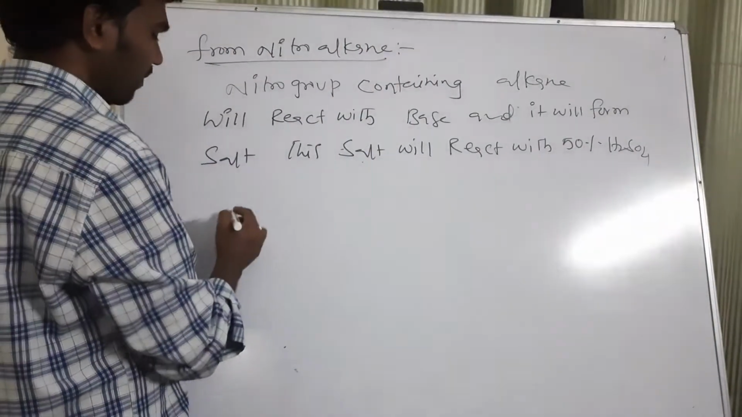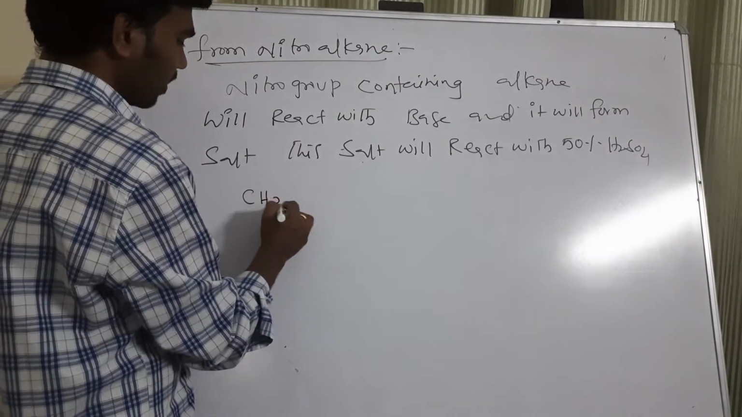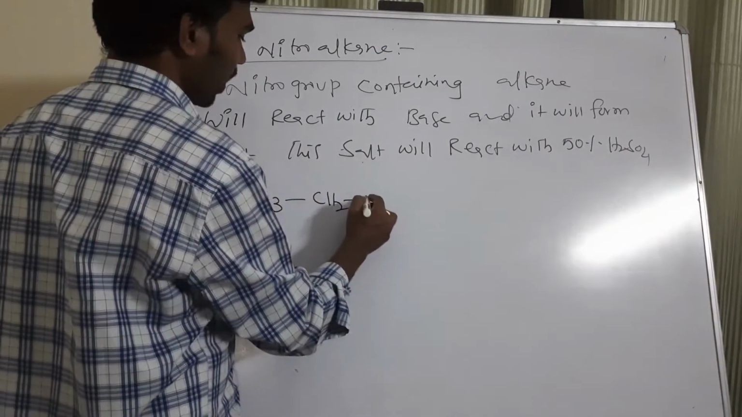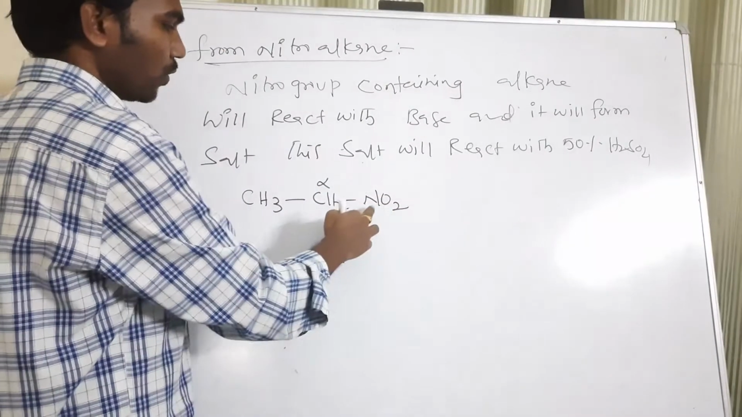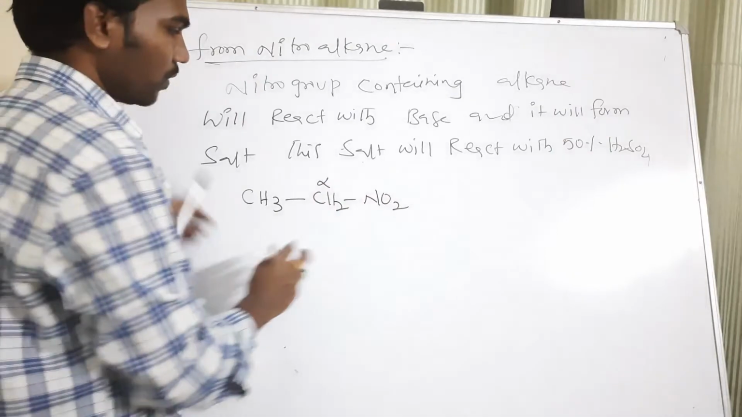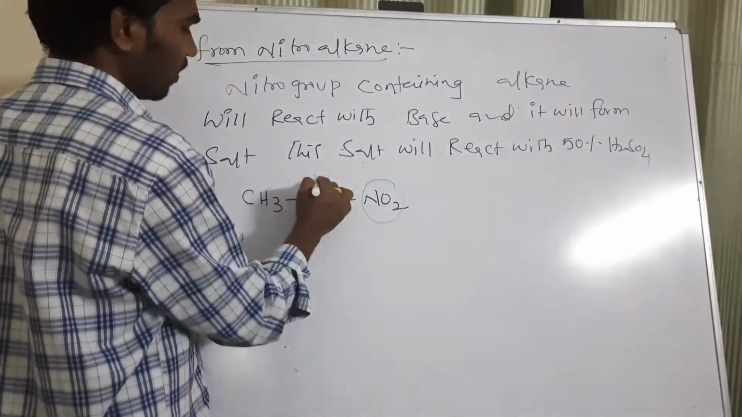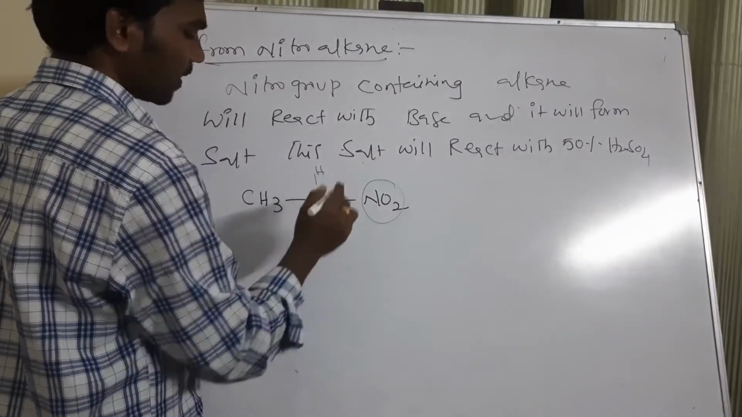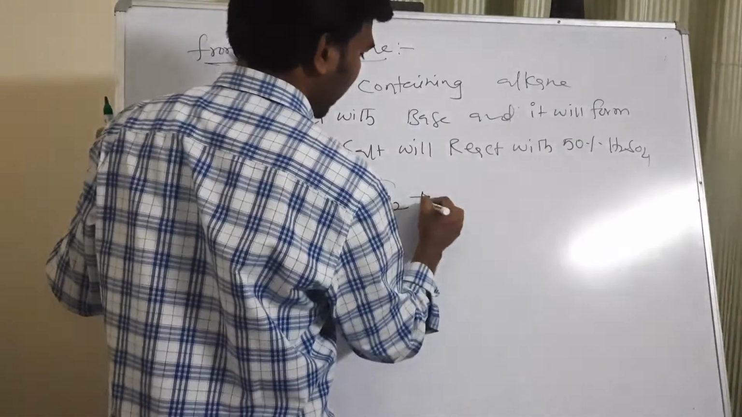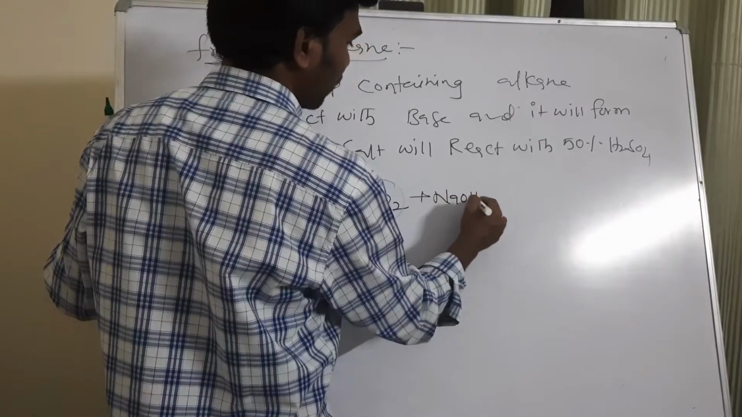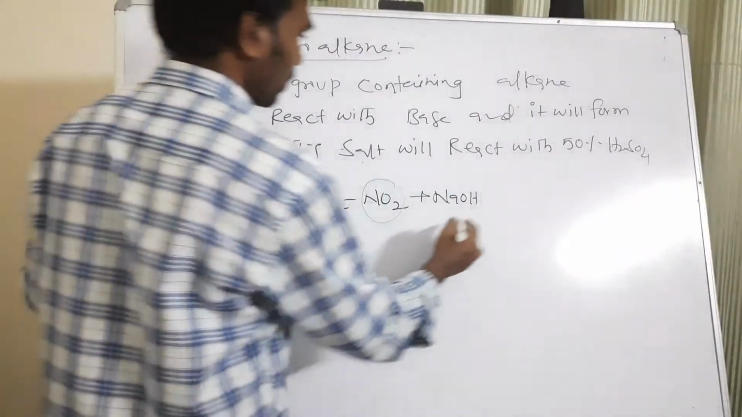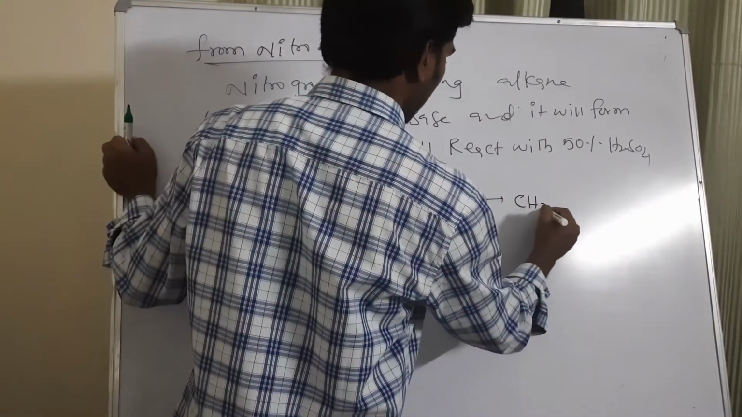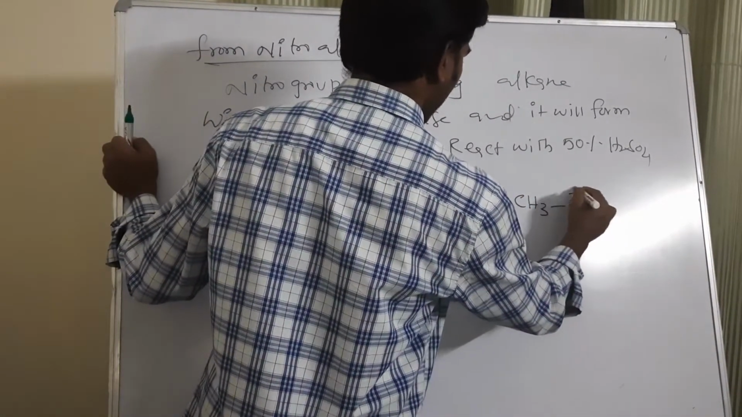So let me explain with one example. So I am taking here CH3CH2NO2. So this carbon we call alpha carbon. Due to the electron withdrawing nature of NO2, these alpha hydrogens are more acidic, right? So when we are adding NaOH for this one, this sodium hydroxide will abstract a proton from here, so that here it is going to form CH3CH minus,